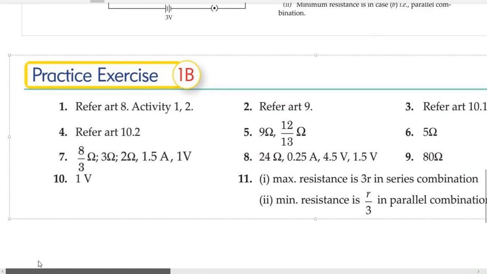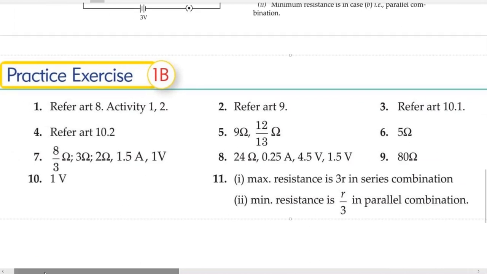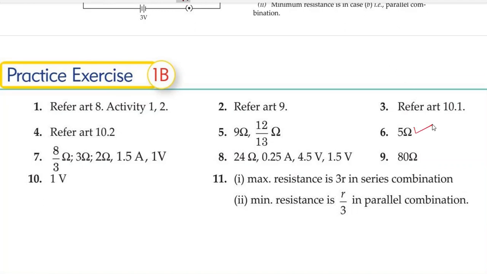Okay, what I want you to do is pause the video and check the answers of all your questions. There are a few answers which are not given, 2, 3 and 4. Apart from that, I can see all the answers over here. 1 is also not given, of course. But whichever answers are here, you can just pause the video and check them. Right? Our answer of the 6th question is absolutely correct. 5 ohm. So I hope all your doubts are clear now and we can move ahead. So pause and check your answer. We are moving ahead. Okay, let's go.